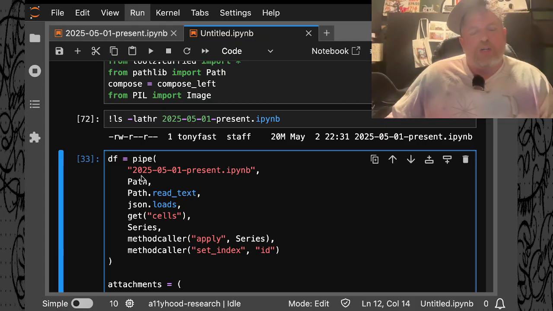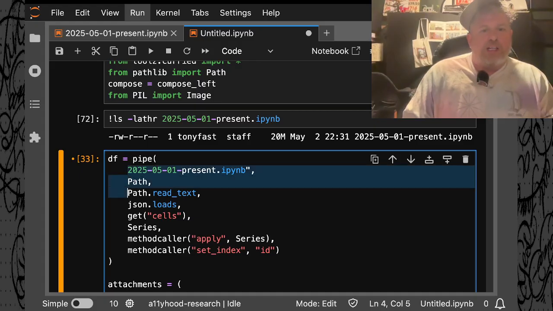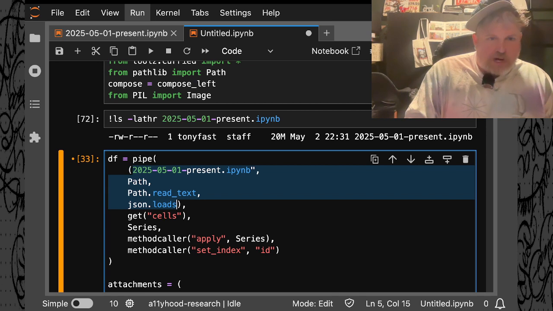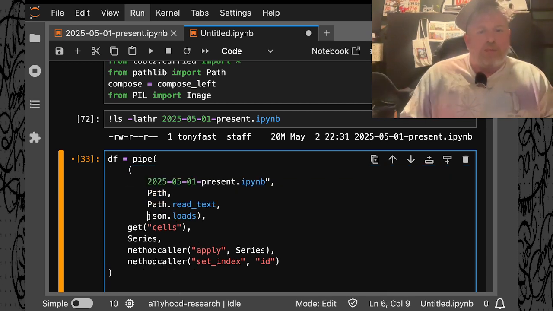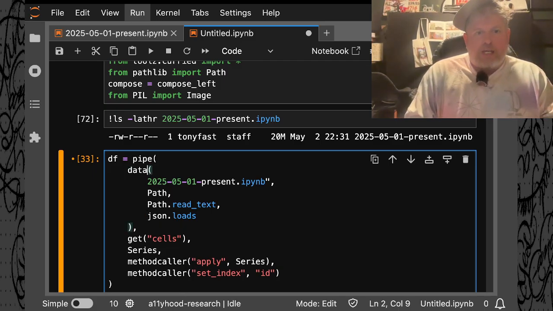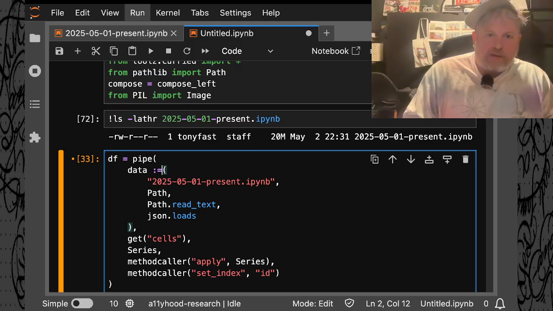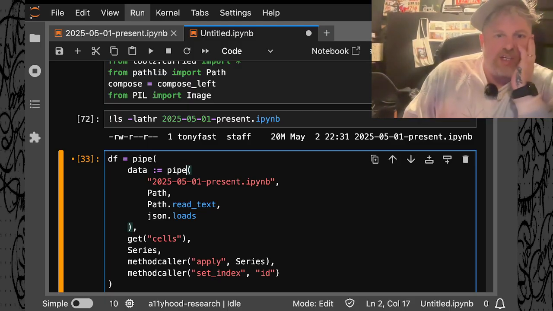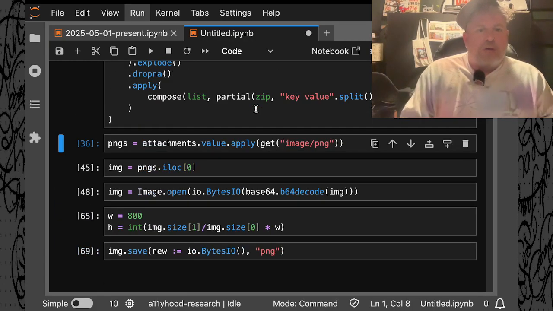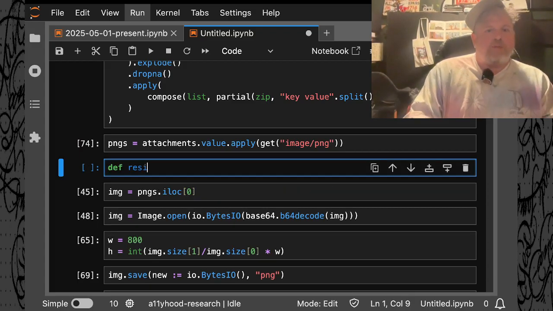And let's call, so this is the original. And let's just go and wrap all this pipe here, so we can make a deep copy later on. So we have the data, and that takes on the value of this pipe. I really like this piping thing. It's really nice to be able to stack this stuff this way. Cool. So now we got the data, and now we got the images,